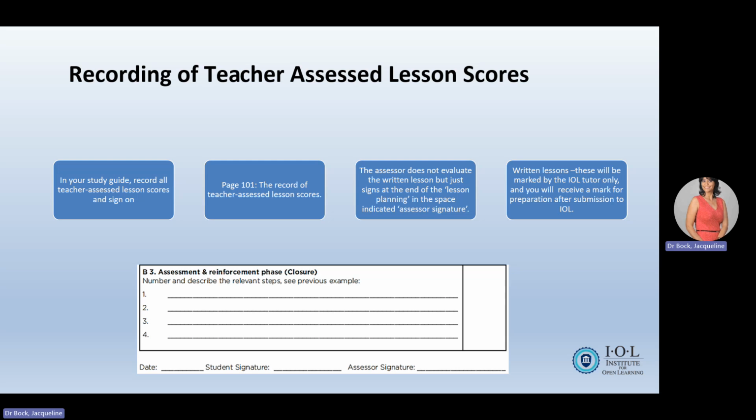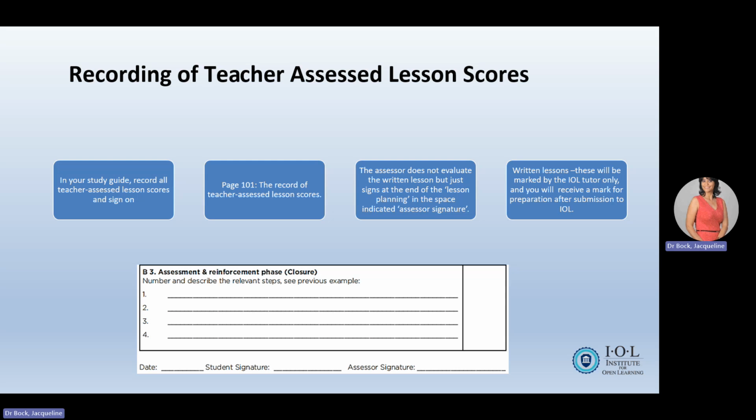They just see that you have followed the steps that you have provided when you write out your lesson. So they will not award any marks for those lessons that you have written out. We are the ones at IOL to award those marks to you. So the lesson